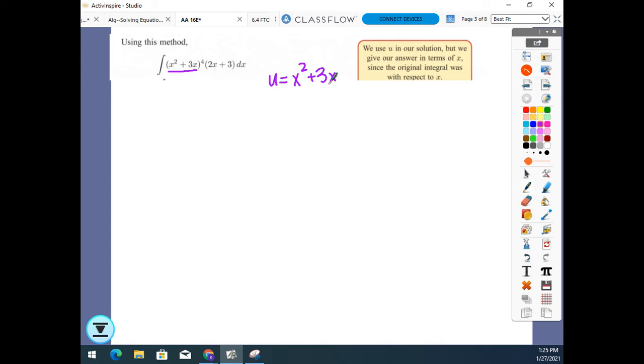So you choose your u, then you take the derivative. So typically we would say the derivative of u with respect to x. So we take the derivative of the right side. What we end up doing is moving the dx. It's kind of like you multiply both sides by dx. Our goal is to turn every x in the original problem into a u. So we're going to bring down the integral. Notice